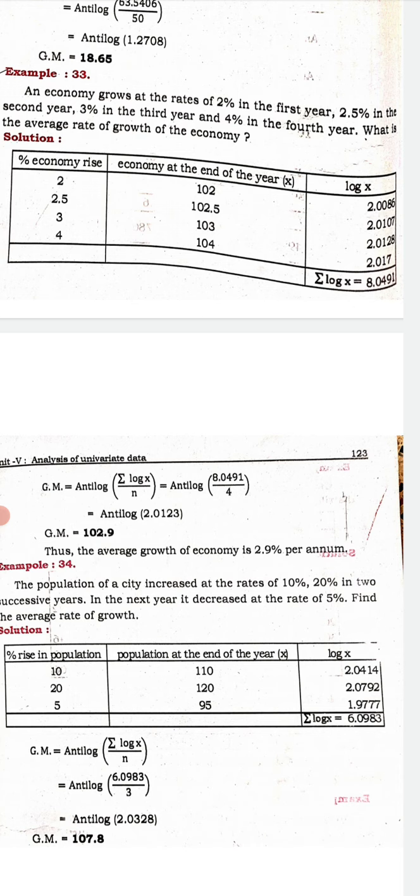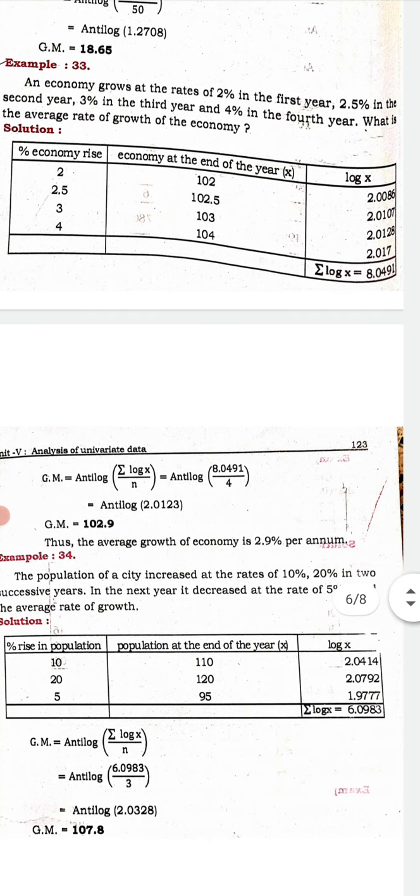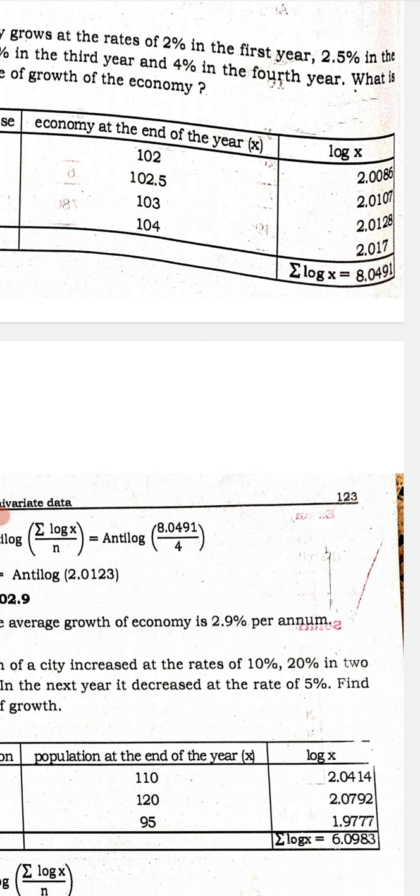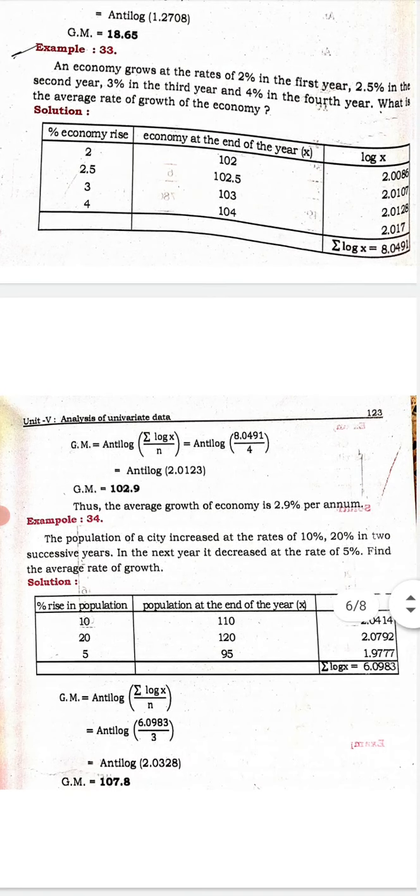Go to 10 and find out 2's value, add mean difference 5. Go to 10, find out 3's values and directly you can write here. Then 104 means 10 and that 4 value. Then how to write the number before the point? How many values are there before the point? 1 or 2.0 means before the point 3 values are there, so we'll get 2.0086, then 2.0170, 2.0128, 2.017. These values will be log x values.